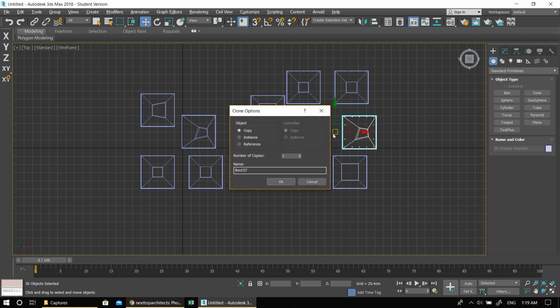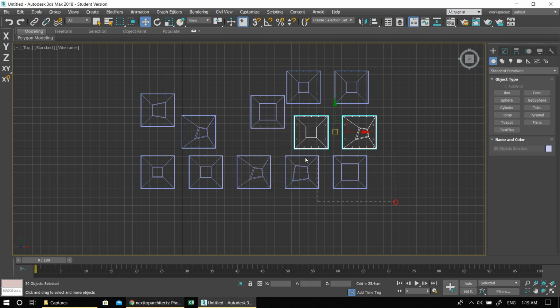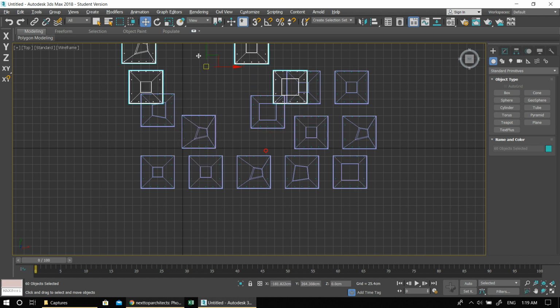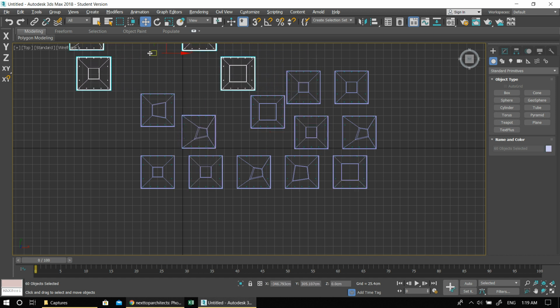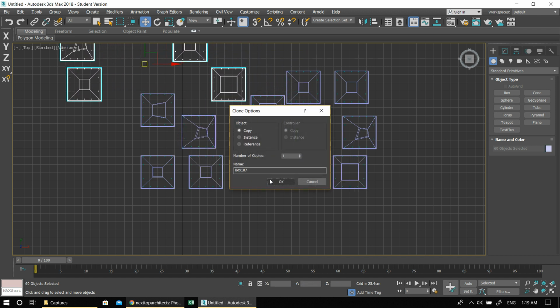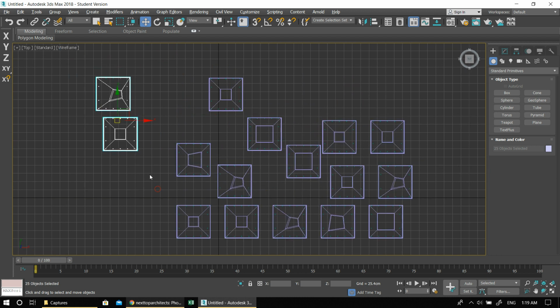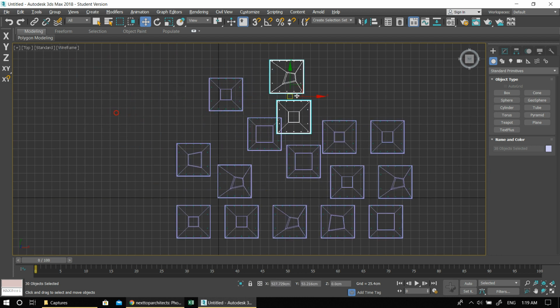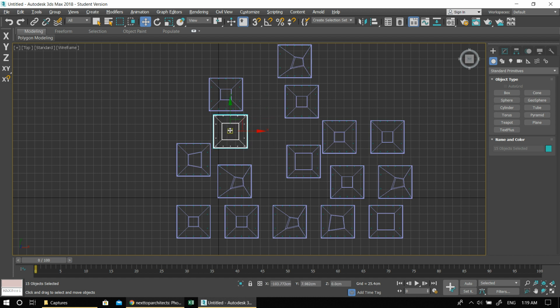Let me move some of these here. Let me randomly select some of these. And just shift them here. And then these two, let them have this part. I don't like that design, so I want to give this kind of a